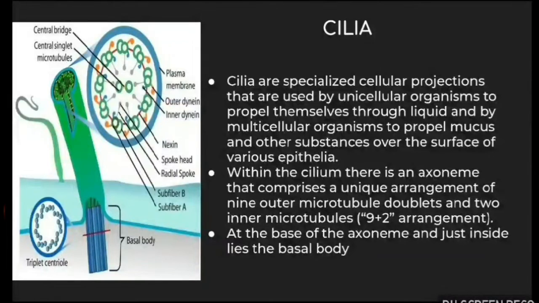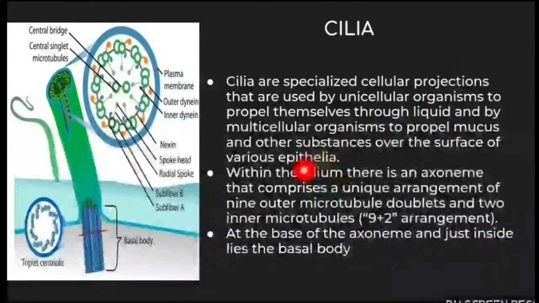Cilia. Cilia are specialized cellular projections that are used by unicellular organisms to propel themselves through liquid, and by multicellular organisms to propel mucus and other substances over the surface of various epithelia. So cilia in unicellular organisms help in movement, that is, they help the bacteria to move in the liquid. And in multicellular organisms like humans, they help in movement of the mucus. You can find cilia in the trachea of a human, which help in propelling the mucus and other